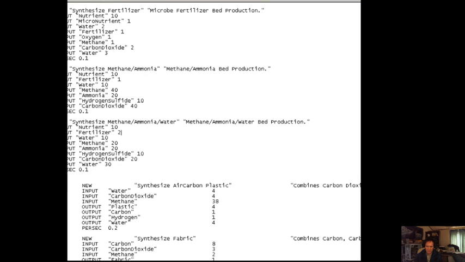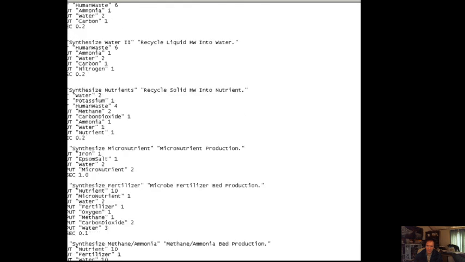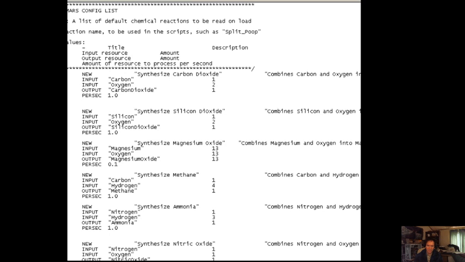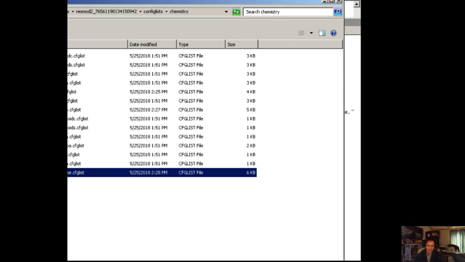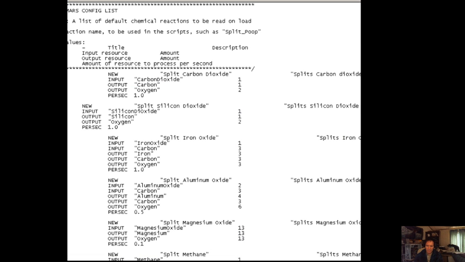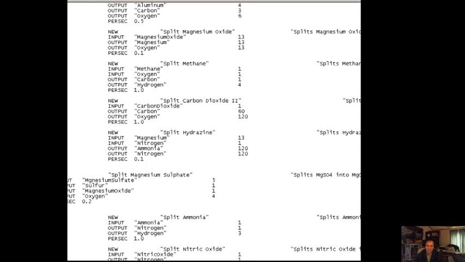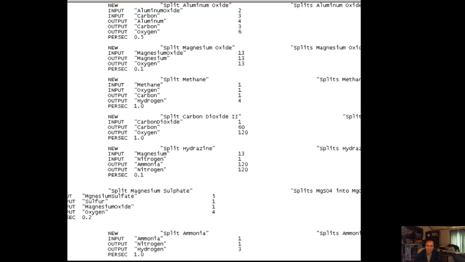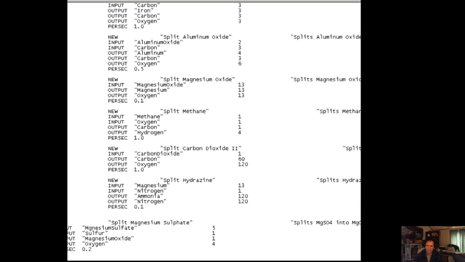Plastic, fabric. Oh, now we have the problem with the timings, don't we? 0.1. Oh, see, I changed 0.1 for a 1.